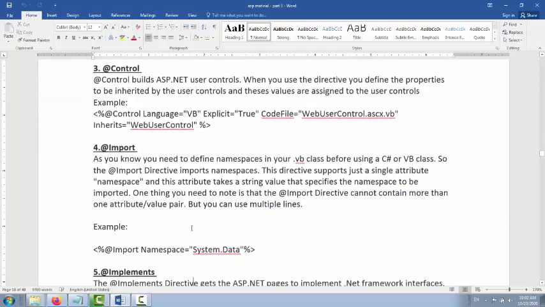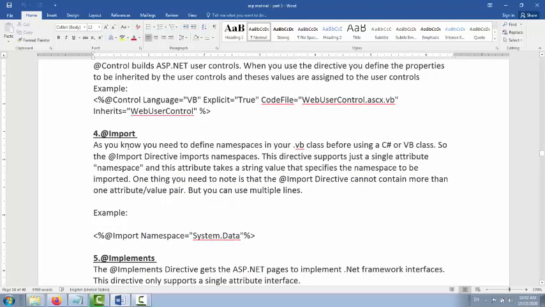@import directive. By using the import directive, you can define or inherit the namespaces which are available inside the VB. So inside the .vb class, or we can say C# class, we use the import statement, but inside the page we use the page directive @import.